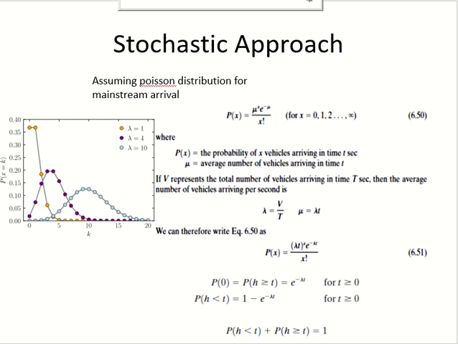Anyways, so the stochastic approach says that there are other possible values. So the importance is not for the value. Importance is the chance of that value, the probability of that value. So we are not looking for the exact value, we are looking for the value which has more chance. And how to calculate that chance or probability? We have to assume that the traffic flow follows a distribution which we already know, and we already know Poisson.